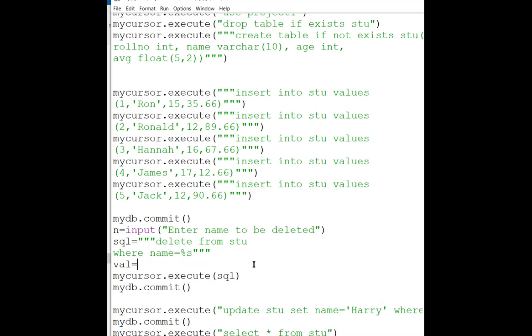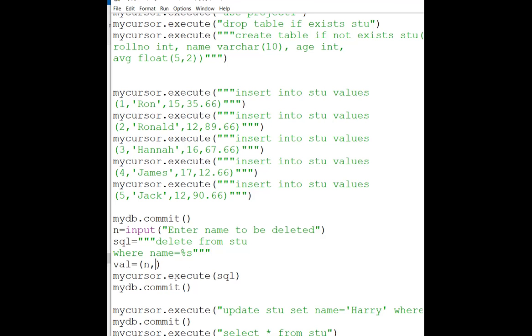Because this is the rule that in execute you can pass the SQL query comma the tuple part. So to make it a tuple we have to write a comma. I suppose all of you know if you write without a comma then it will not be a tuple. So to make it a tuple, after a single value also you have to write a comma. If multiple values are there, they have to be separated by commas only.